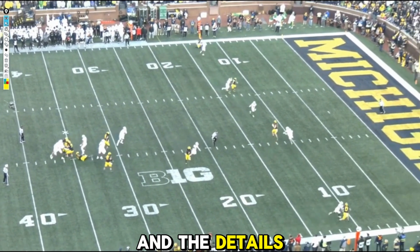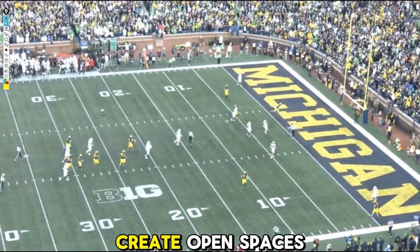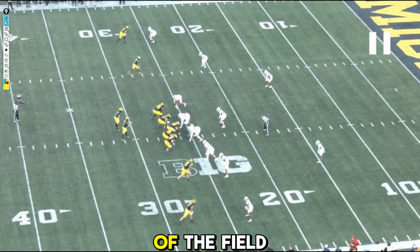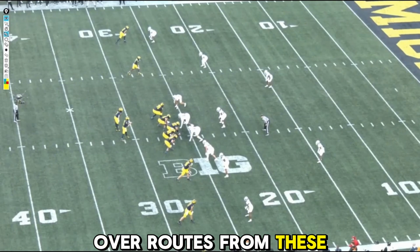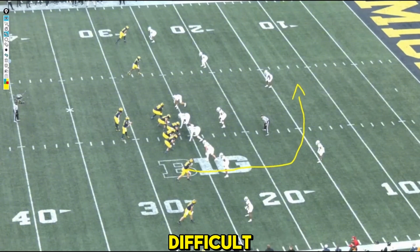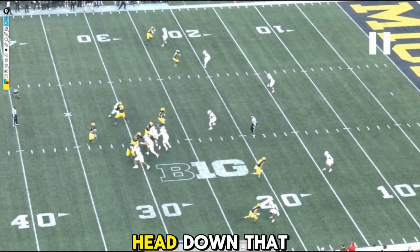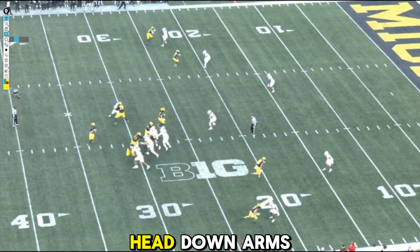And the details, right, the nuance, the details in the route running are what is going to continue to create open spaces for you. Over the middle of the field, we're seeing lots and lots of over routes from these big tight ends. So how are you going to continue to make it difficult for those defenders that know where you're going? You're going to sell vertically. So right there, head down. That was another big thing, right? Head down,